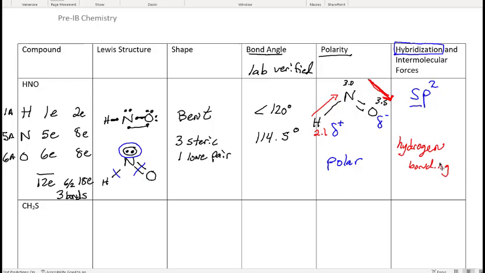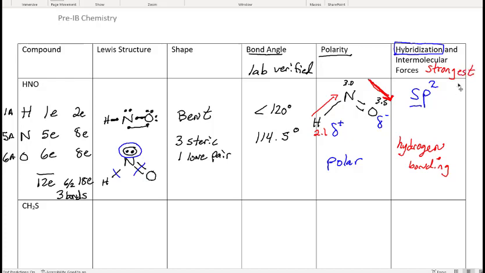It's going to be our strongest intermolecular force. It actually has all of them. It would have London dispersion forces. It would have polar bonding. It would have hydrogen bonding. But when we talk about the intermolecular force, we're only talking about the strongest one that's going to occur, because